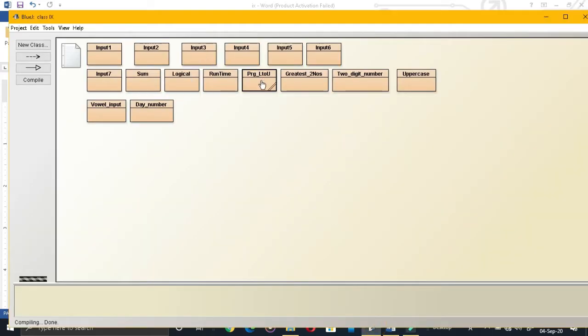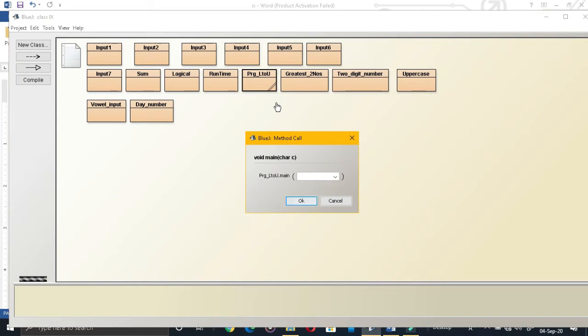This is your program. Void main. You need to run this method. It is asking for an input. What is the input you need? You need to give a character over here. I am giving a character as small letter a. This small letter a, how I have given, please see, it's given in single quotes. So when you input characters, that should be kept in single quotes. Give OK. Then see the output.